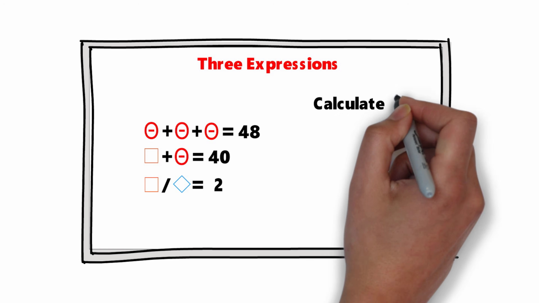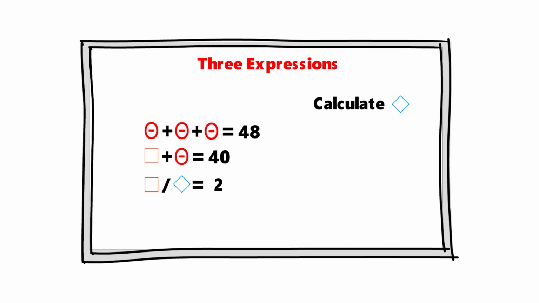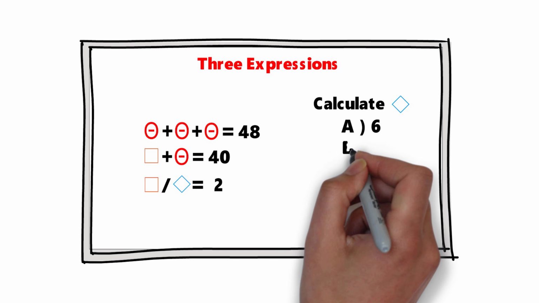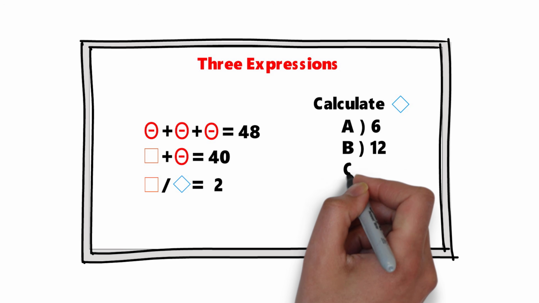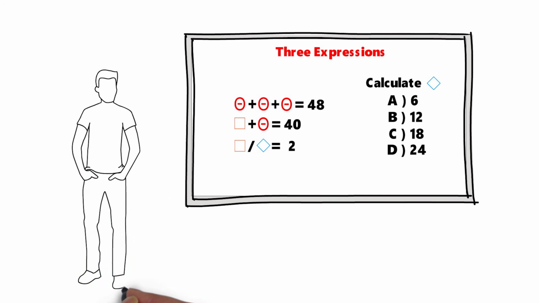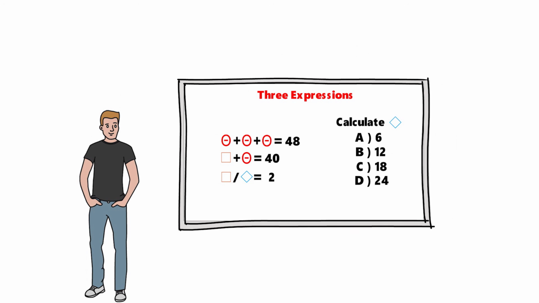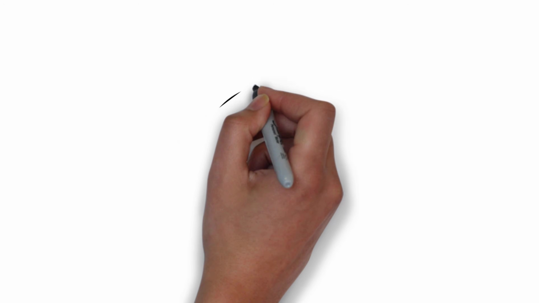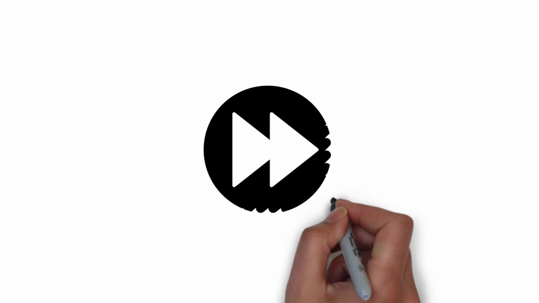So you need to calculate the diamond. You're presented with 4 different choices. Choice A, 6, choice B, 12, choice C, 18, and choice D, 24. Can you do the math? Give yourself 10 to 15 seconds, maybe 20 to 30 seconds, depending how quickly you are with the math. Ready or not, I am moving forward and going to reveal how to do the calculation and solve this